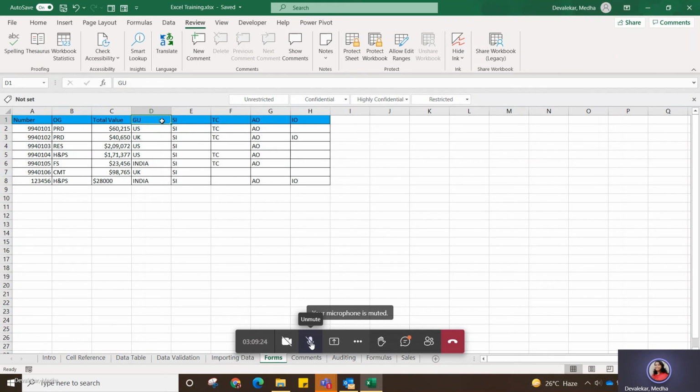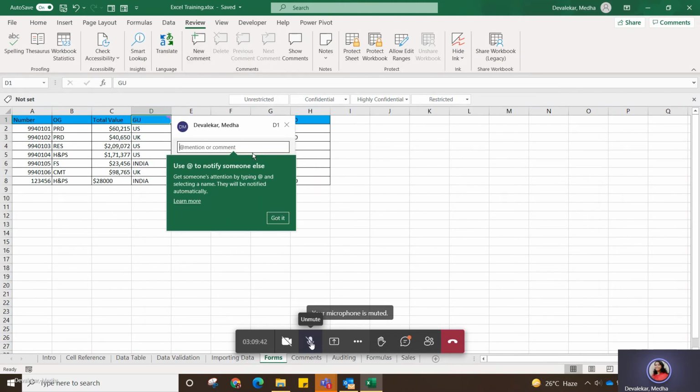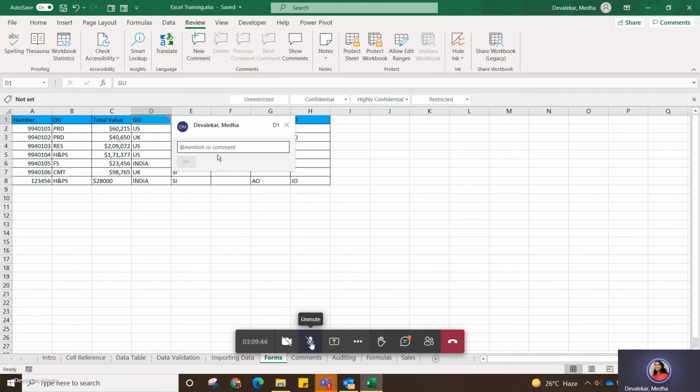This is based on a single cell. Don't select two cells or a whole column. Just select one cell, then click on this new comment in the review tab, and it will give you this box here, or you can mention some comments here.